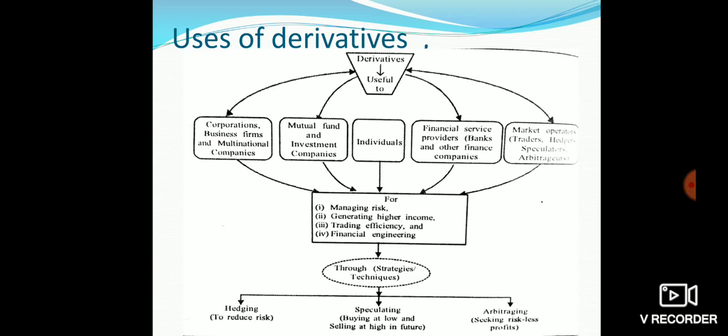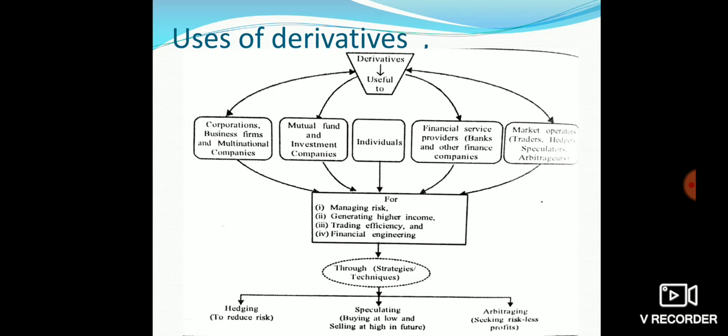So let's understand who uses derivatives and for what reason. All these parties, either corporates, business firms and multinational companies, or mutual funds, investment companies, individuals, financial services, banks and other financial companies, market operators, traders, hedgers, speculators, arbitrageurs, are using derivatives to manage the